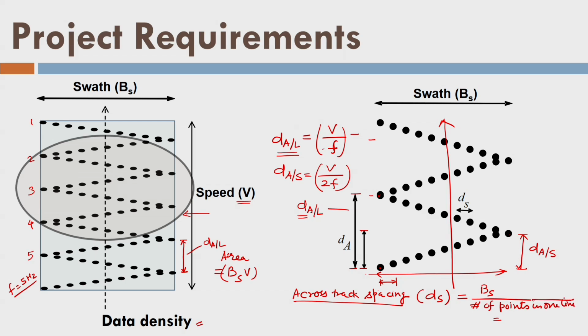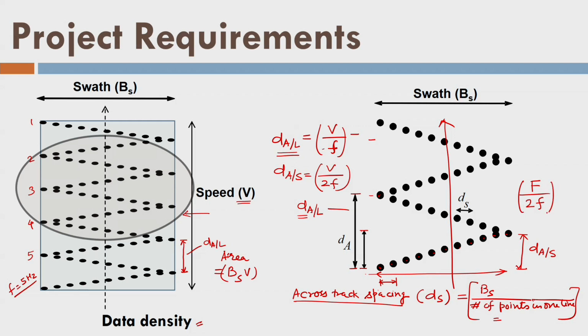or one scan line, right. So what about the number of points in one scan line? These many points are there, right. How can I estimate it? It is very simple. Okay, let us say we have f number of points in 1 second, and now we have scanning frequency as 2f, sorry, F.